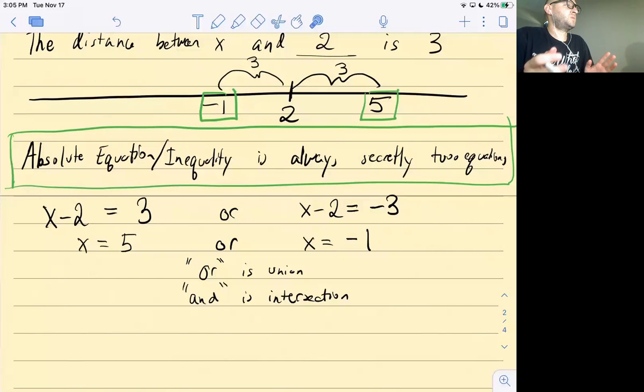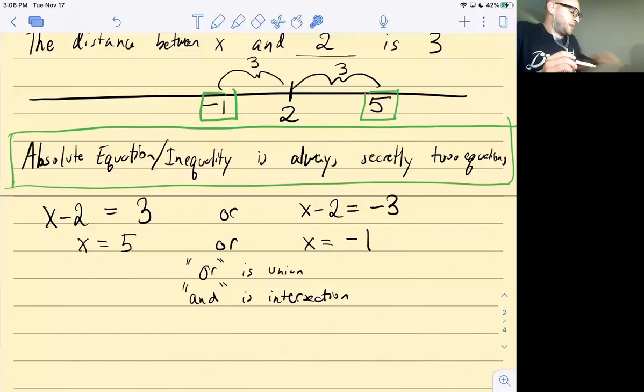So when we have multiple possibilities, we want to use or. But when we want both conditions to be true at the same time, we use and. So obviously, if there's multiple individual answers, we would say it could be this, or this, or this, or this. We don't want to use the word and here. There are cases, though, that we will use and when we want to say, okay, it has to satisfy this condition, and it also has to satisfy another condition. Okay,